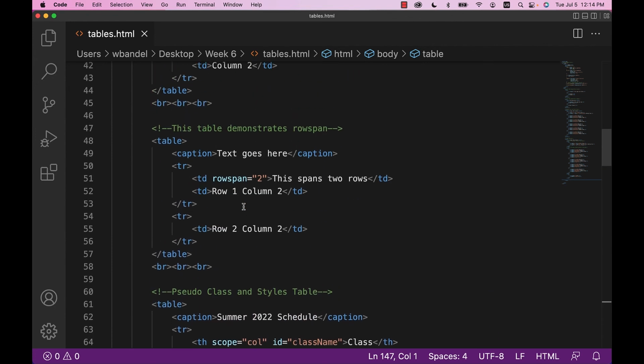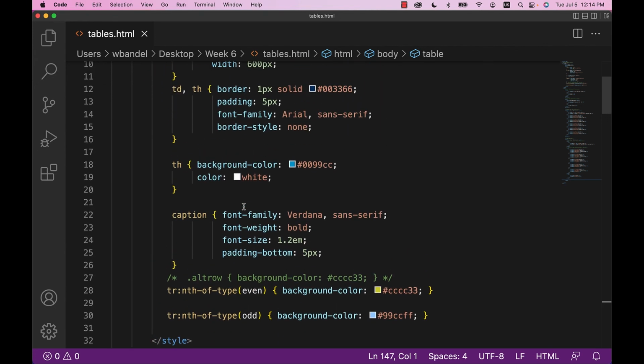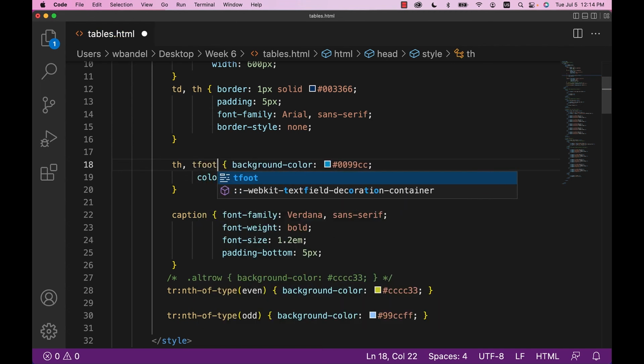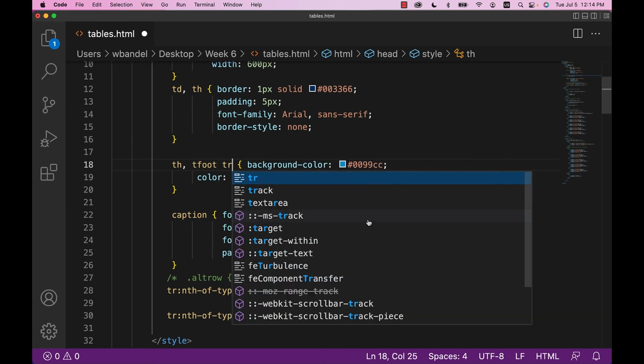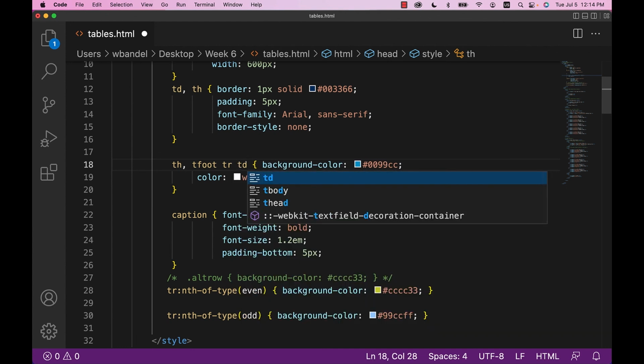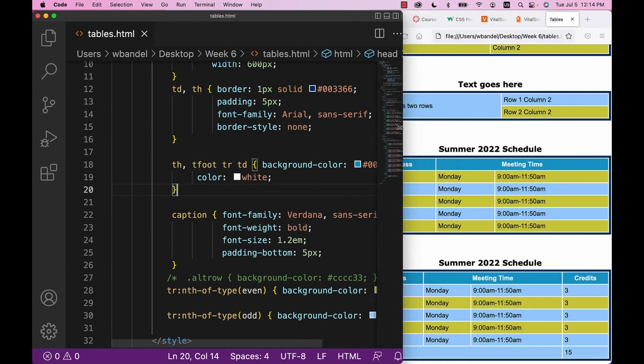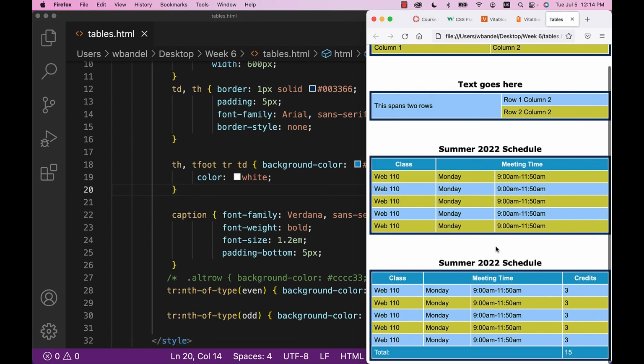So let me go back to our styles. And let me see if this would actually work. So we could say, I want the TH and I want the T foot, the T foot's TR, or T foot TR TD. Let's see if it'll do that. So the cells that are inside of the row that is inside of the T foot, as well as the